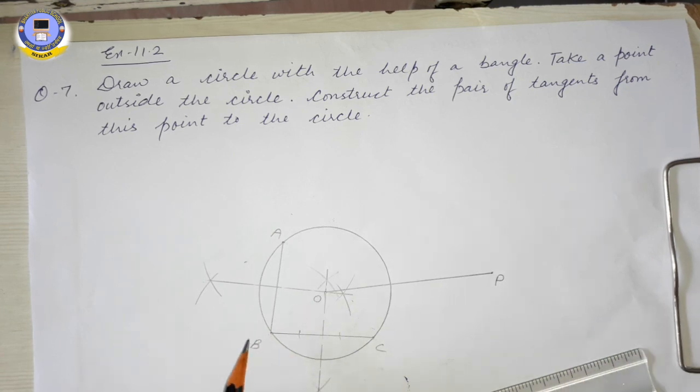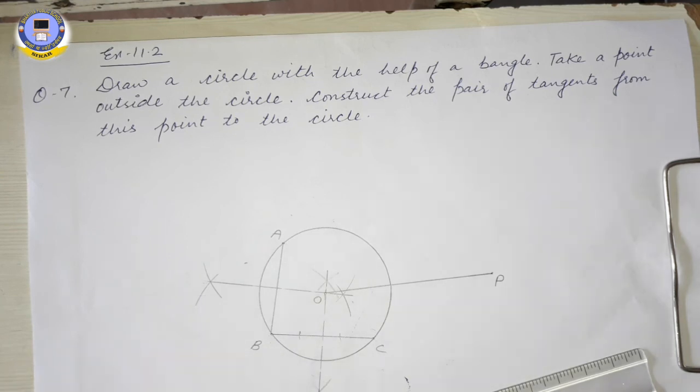So in this way we can find the center of the given circle, but we can also draw a tangent to a circle without using the center, but that is not in our 10th class syllabus. In our syllabus we have to draw tangents to those circles only in which the center is known. If the center is not known, then we can find it with the help of this method.